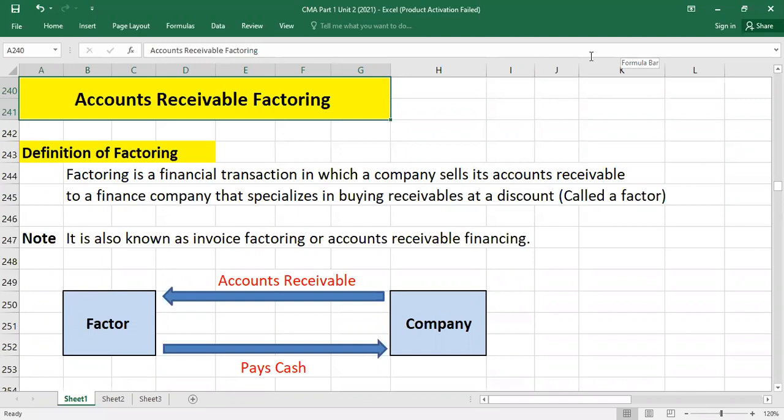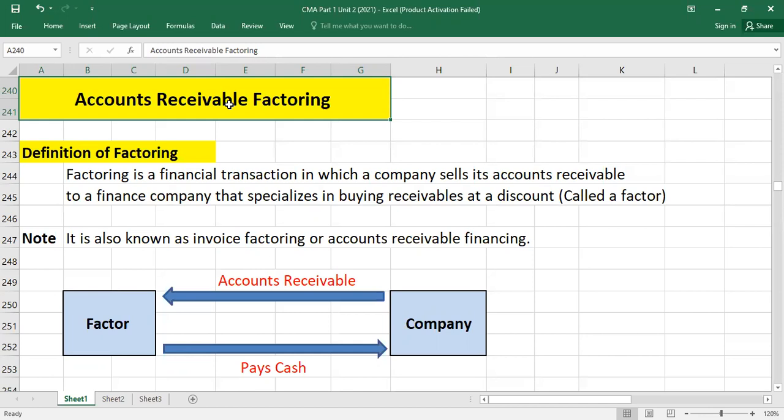To understand the concept of factoring here, first let me give you an example. Let's assume your business is making sales on credit, maybe on a 6 months credit period, I mean say the customer will pay you after 6 months, but maybe you cannot wait for the 6 months. Maybe you are in a financial crisis, or maybe you have liquidity issues, or maybe you have to pay certain current liabilities. That is why you need immediate cash, to free up the cash which is tied up in the accounts receivable. What we can do, we can go for the factoring arrangement.